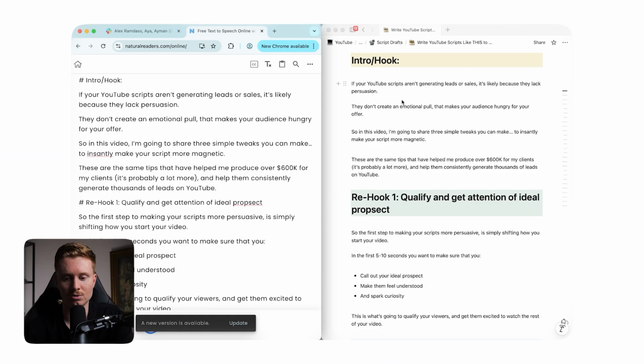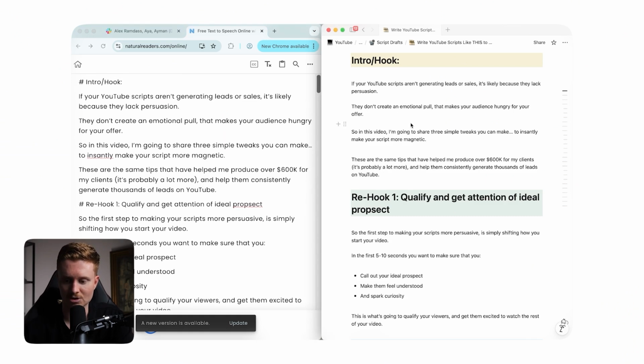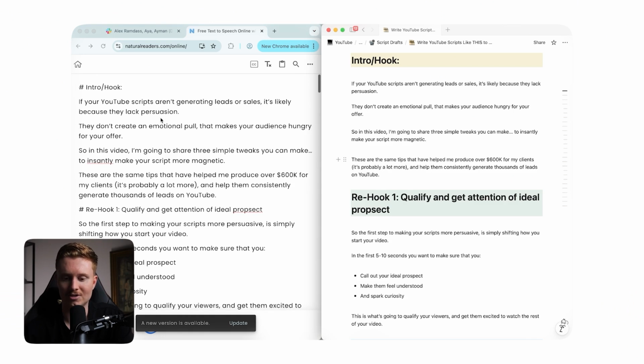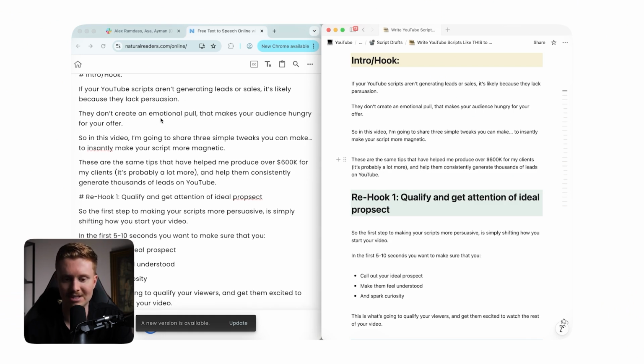Now, I haven't seen anyone else talk about this on YouTube or Twitter or anything, but this is a really powerful way to make sure that your scripts make sense, they're engaging, and that they're simple. So all you're doing is, this is my script on this side, so I've copy and pasted it over into Natural Reader, and then all you have to do is hit play, and it's going to read the entire script,